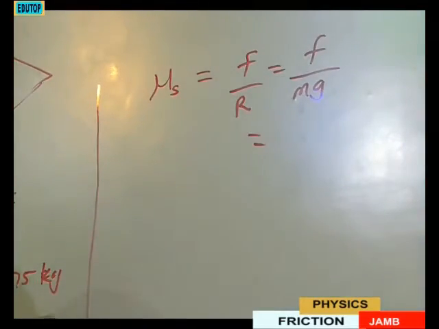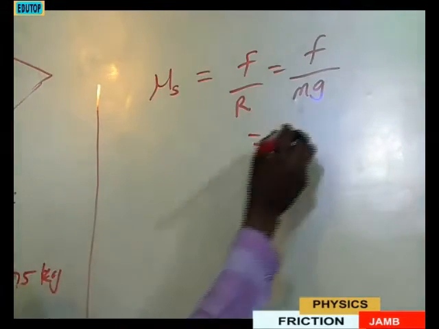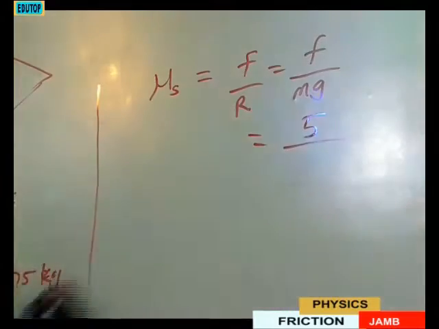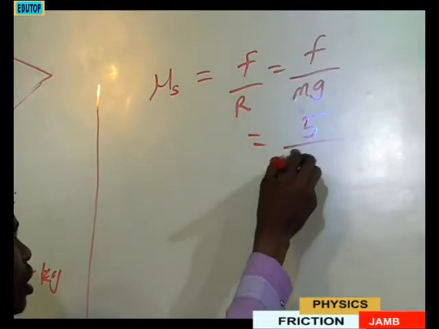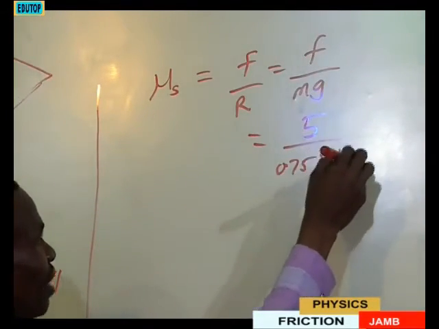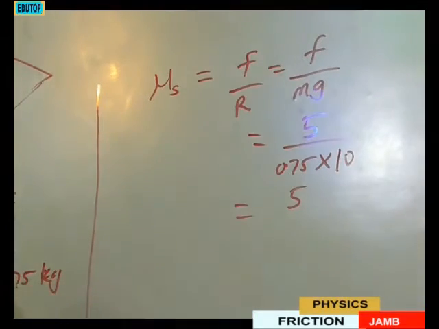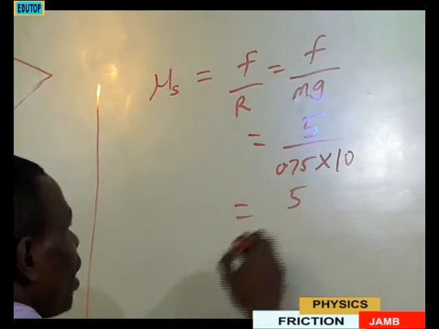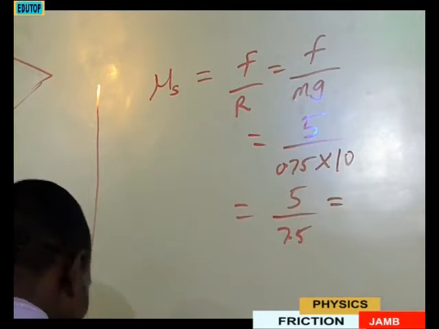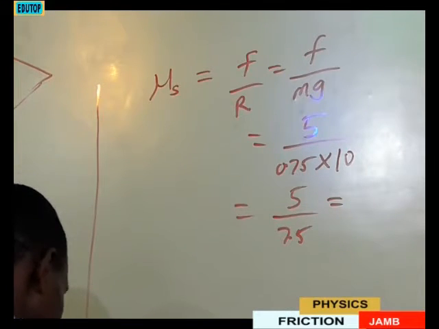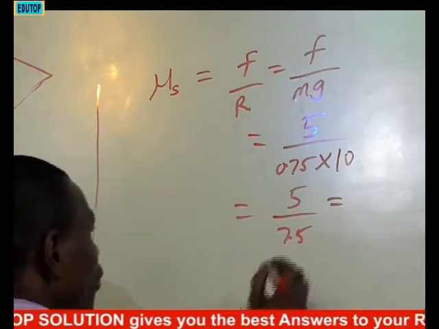We are given the value of force, that is 5 Newton. The mass is 0.75 times 10, then 0.75 times 10 will give us 7.5. And altogether, 5 divided by 7.5 will give us